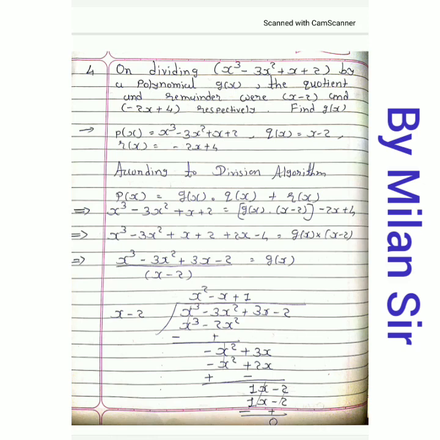Then here right hand side, g of x multiply x minus 2. Now transfer this x minus 2 to the left hand side. Here it is multiplication with g of x, so on the left hand side it goes to the division part. Okay, so x minus 2 in division. Now g of x is equals to division of these two polynomials. Directly we don't know the answer, right? So we do division process here and whatever answer we got, that is our g of x.